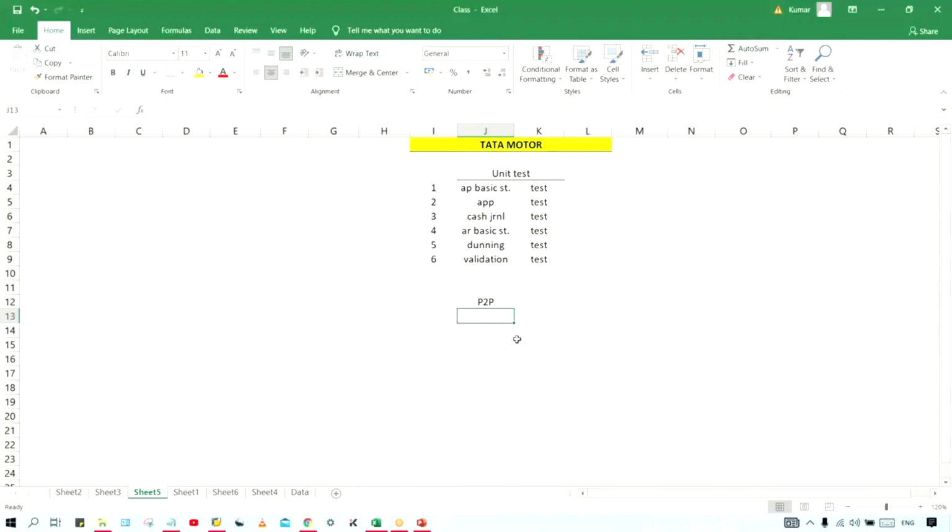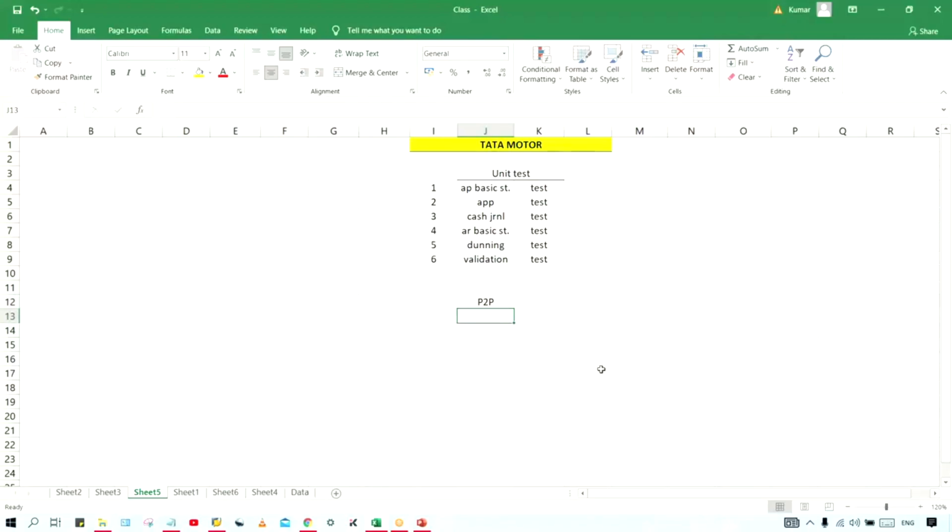But we'll not go into those details. There will be a separate session on P2P. There is a topic called FI-MM integration, so once I start FI-MM integrations, we are going to discuss in detail, along with the configurations, testing, and multiple scenarios, guys. Even certain unique scenarios will be there. We'll discuss those things.